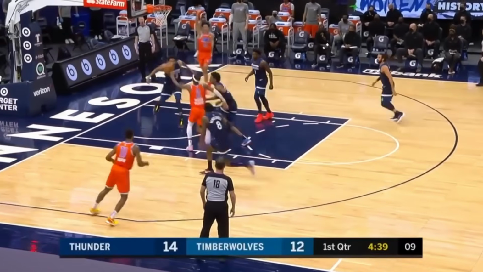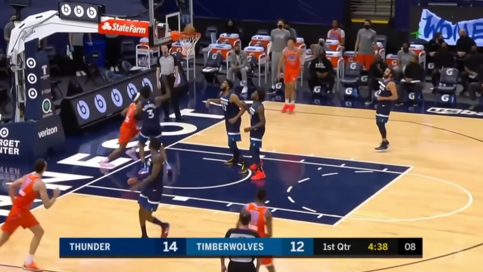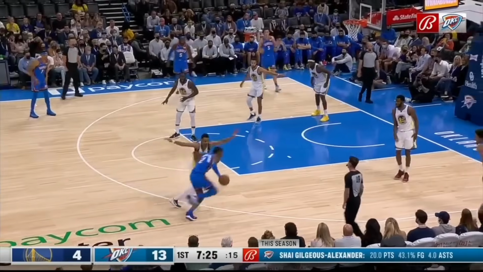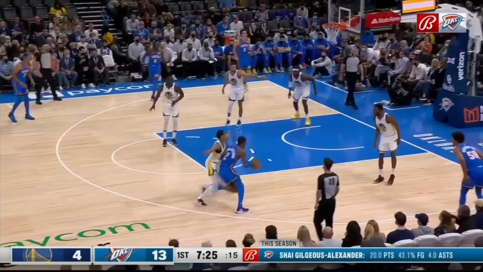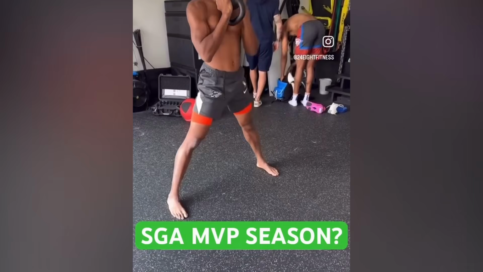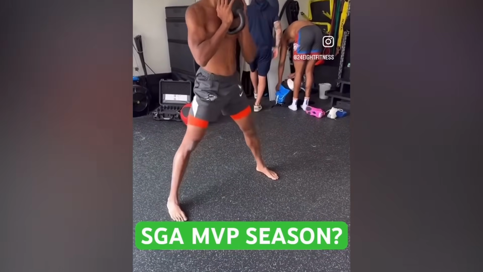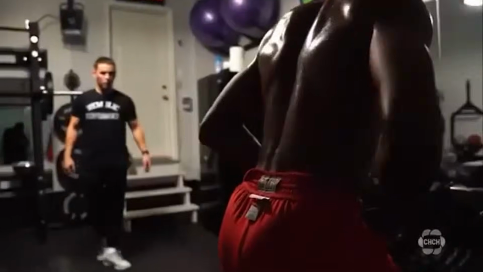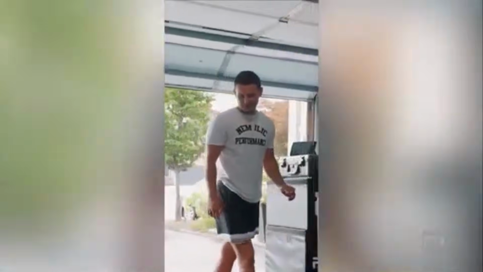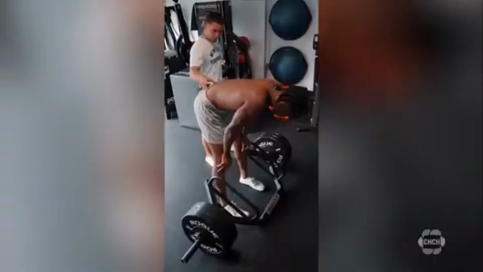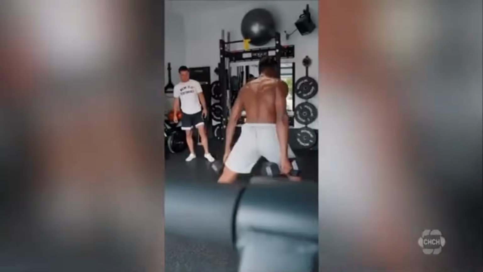Now, it's not just the hands and dribble that make SGA elite, it's how his body moves in unison with the ball. His footwork and body control are some of the most advanced in the game. This is where his secret training starts to show. His workouts are filled with multi-directional lunges, often at 45-degree angles, to mirror the types of foot placements and cuts he makes during games. That kind of specific movement training builds strength and flexibility in the lower body, while also